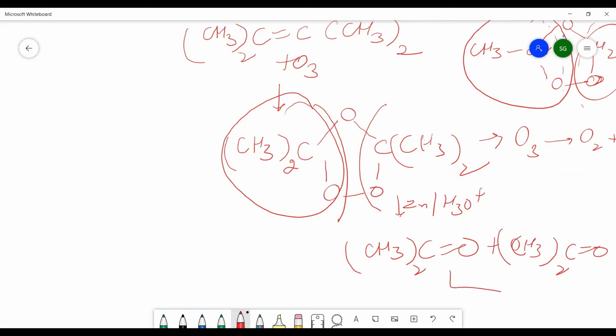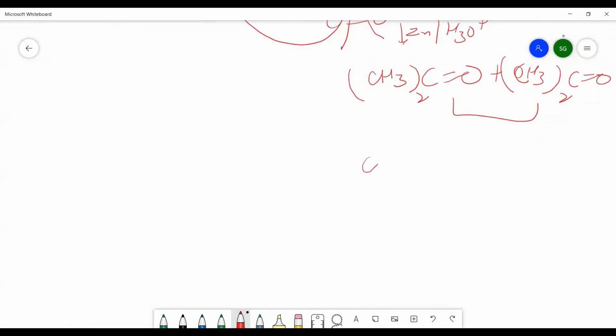You can easily see कि two similar compounds will be formed, that is acetone, or it is propanone. ये आपका बन गया propanone. 2 molecules of propanone you will get. So depending upon the type of the alkene you are taking, we will get the mixture of 2 aldehydes, 2 ketones, 1 aldehyde and 1 ketone. So you can do more practice for getting the ozonolysis products of the alkenes.